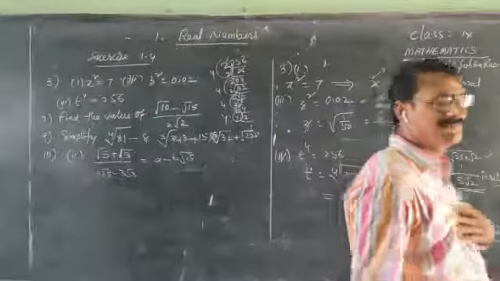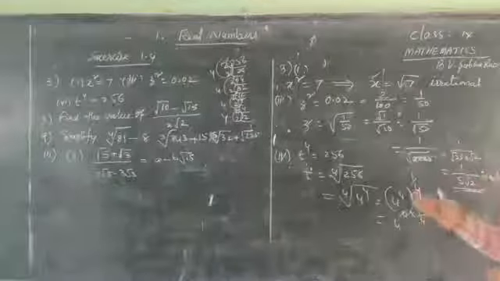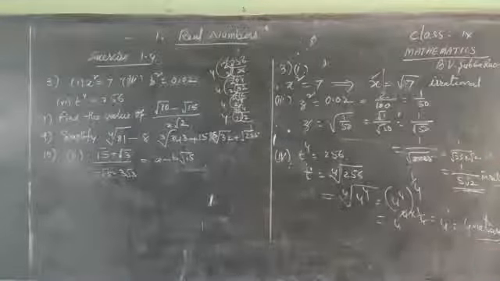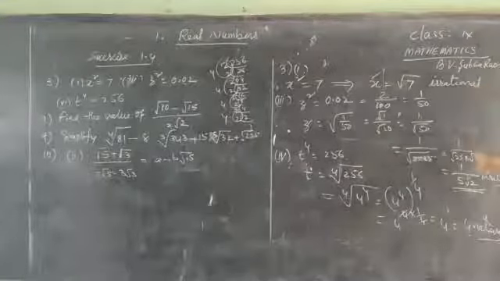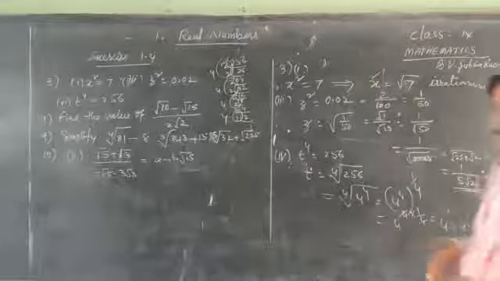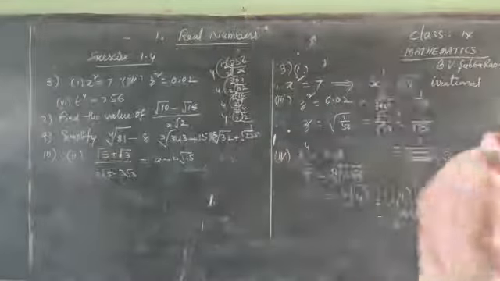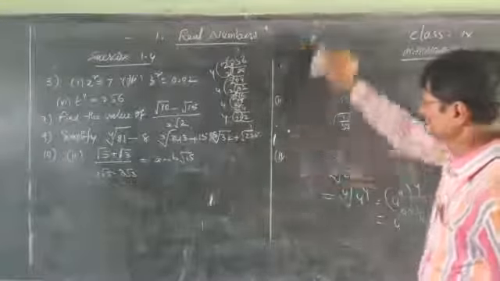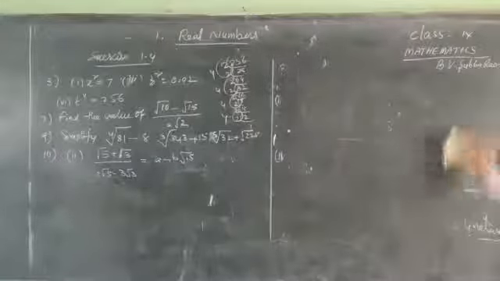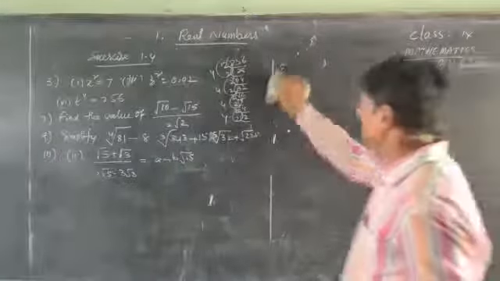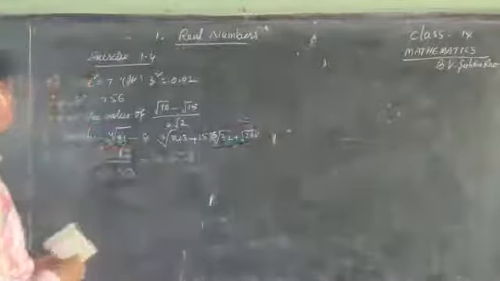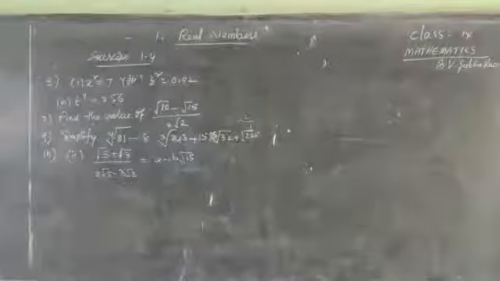So we can say the variables x, y, z, different types of variables are given. After simplification, we can say those are either irrational or rational. The first two sums are irrational, but the last one is rational. Okay, now we go to the next example. Value of this one.